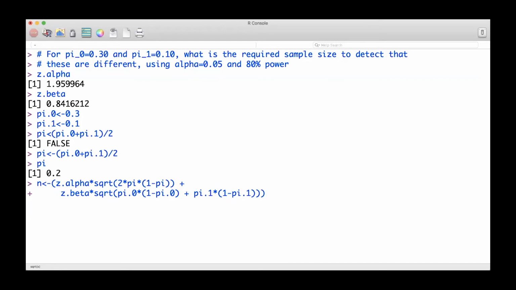And that entire expression is squared. And then we're going to divide that entire expression by pi naught minus pi 1, and that quantity squared. All right. So if you've done the typing correctly, you should get that the required sample size per group is 61.6 roughly. And so that means we want 62 observations